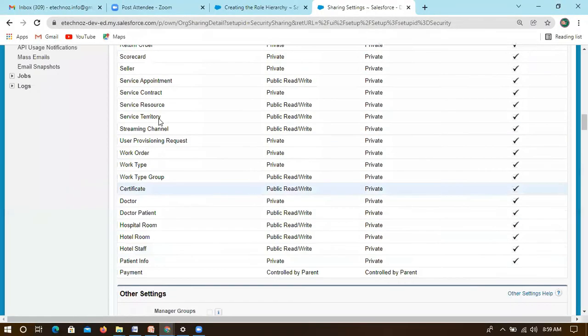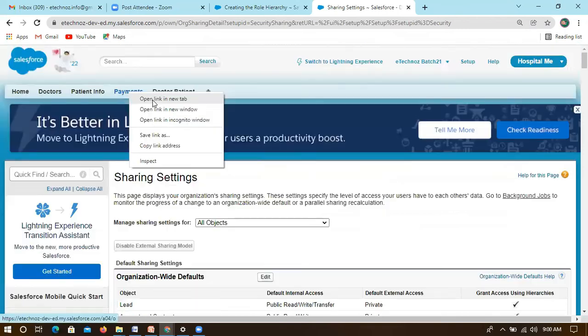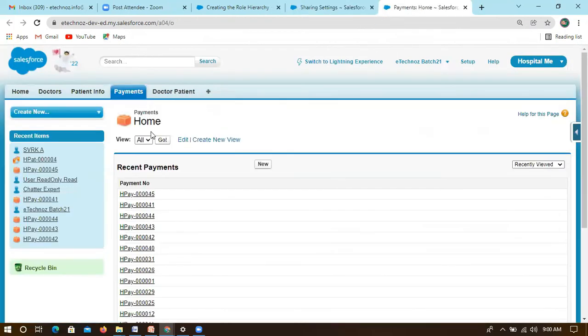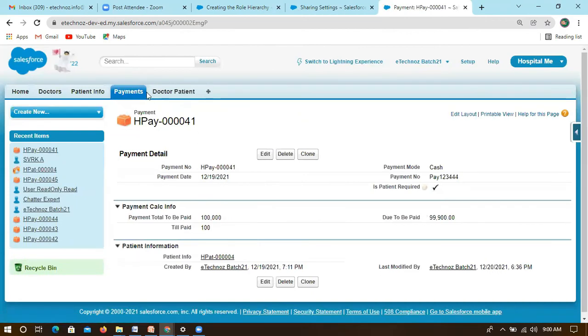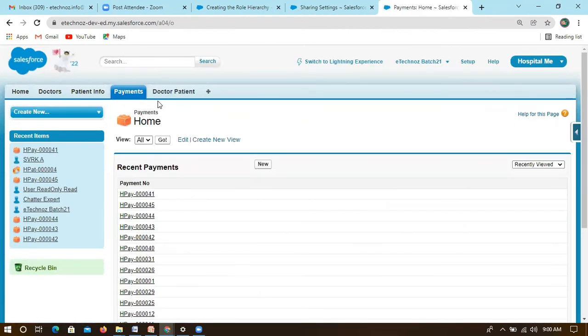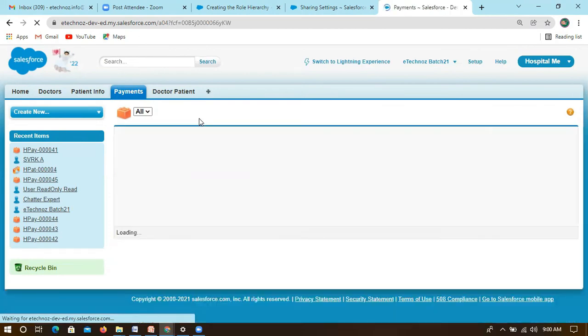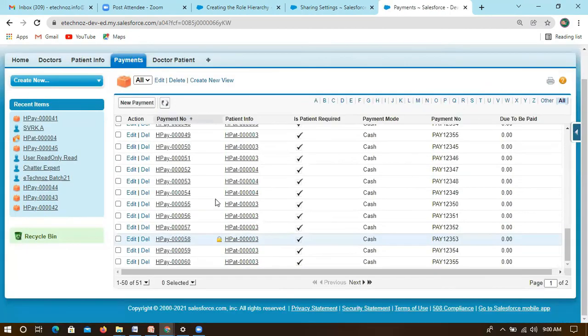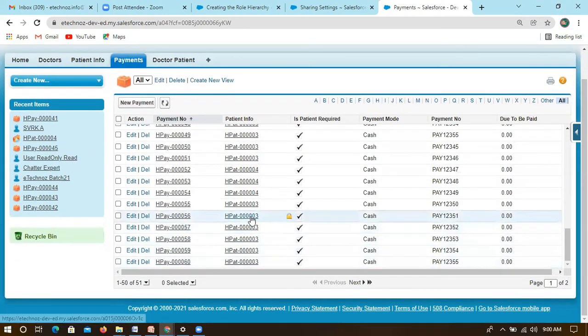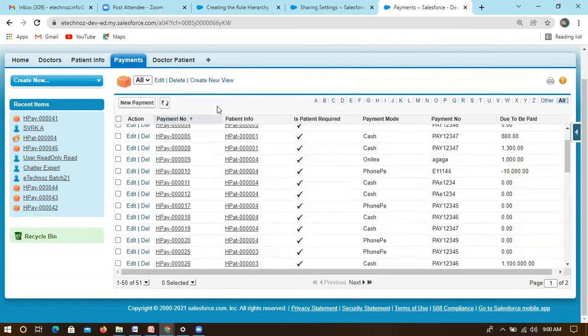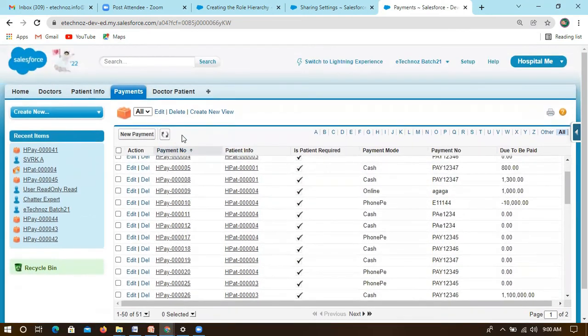So who is the owner? The system administrator, as of now, is the owner. We have created a lot of payments as the system administrator. Now you can see all the records he can access, and he can go to the individual detail record as well. If we go with All, you can see all records because he is the owner of all of these records. But let's consider if he created only 5 records, only those 5 records he would be able to see. We can't see all the information because it is set to private, right? Is it clear?